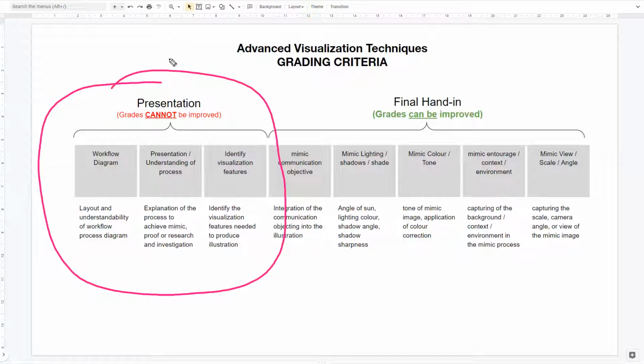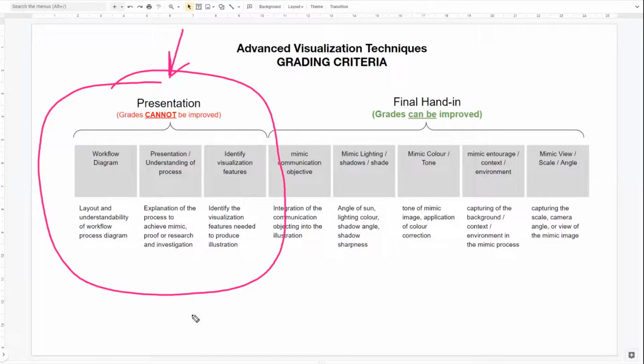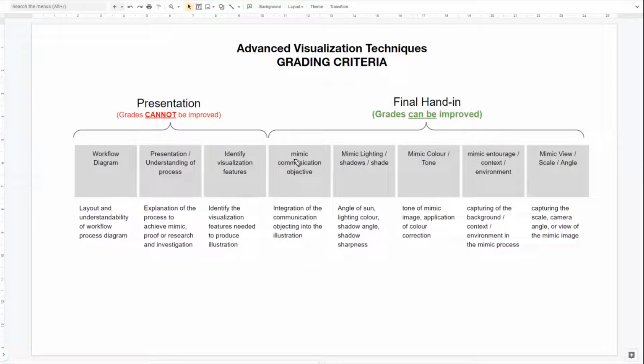These grades are one-time grades. So you get these grades now, they're written in stone. These grades, as you can realize, are not necessarily based on the final product. They're kind of just based on what we present or what we talk about today. All right. Then now, these grades here with the mimic: your communication objective, how you mimic lighting, shadows, and